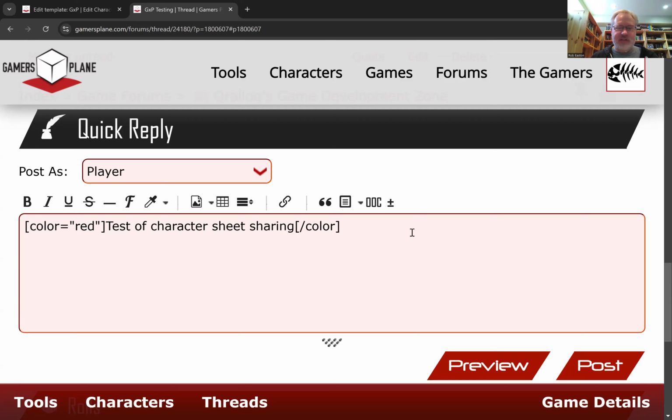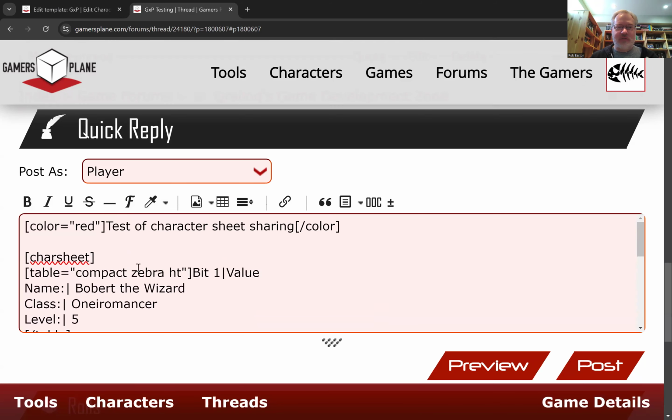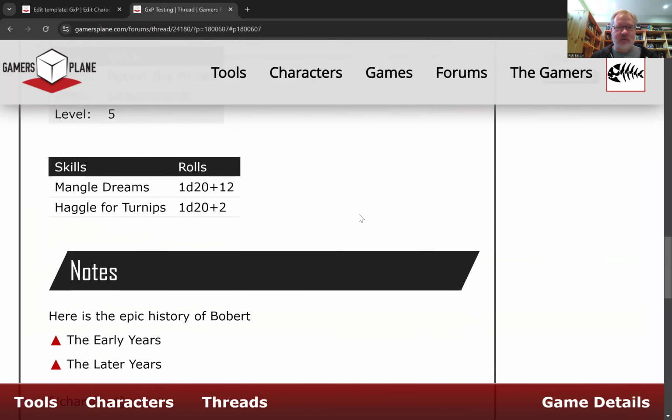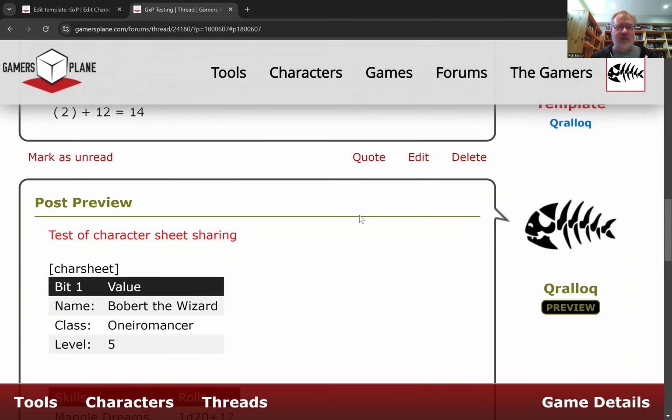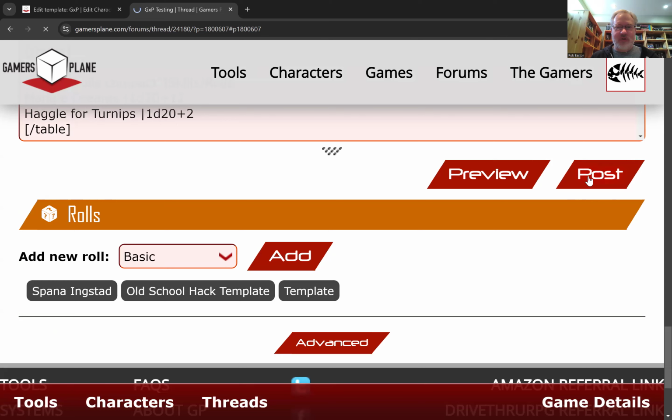Okay, now the next part I'm going to show you is called char sheet. So this again is a BB code tag created by the wizards at exPlane. I think Adam probably. And what goes in between these two tags is the character sheet. So this is all of the BB code that I had in that template. If I go preview now, that does not work in preview mode. So if I post that,